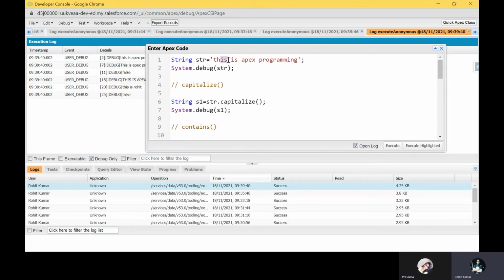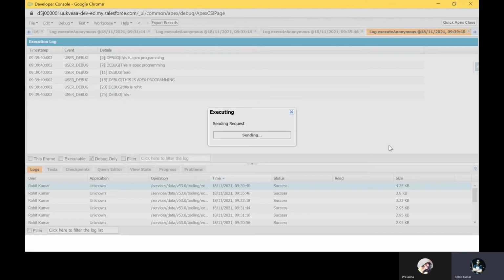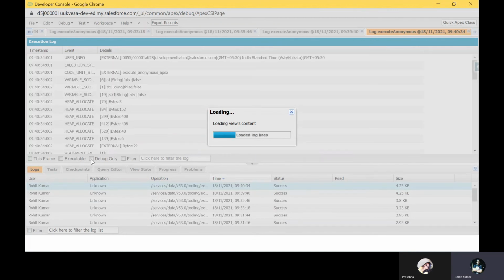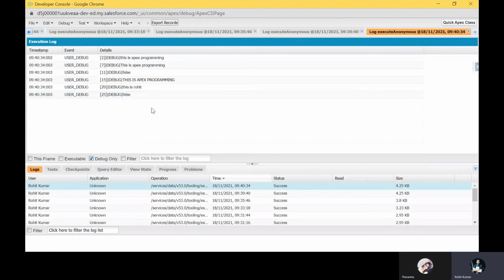I want to use this "is" keyword under this string, and I want to check whether it is available in this string or not. Just execute this one, and after that you can see the equals method. Just click this one, and here you can see false. So it's still showing me false.